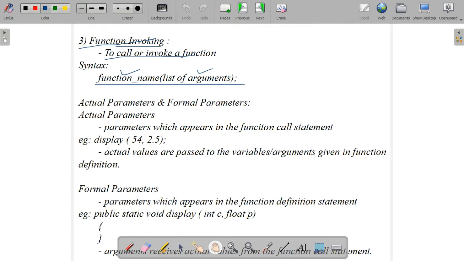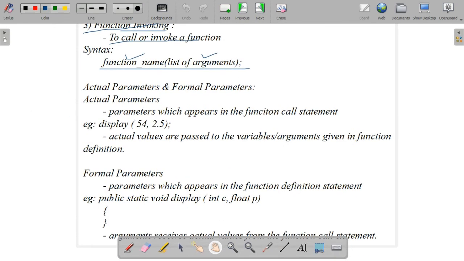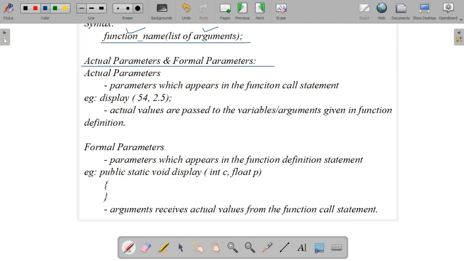Function invoking means we are calling the method here. How do we call? With the method name and a list of arguments. The next very important terms are actual parameters and formal parameters. The parameters which appear in the function call statement are known as actual parameters.